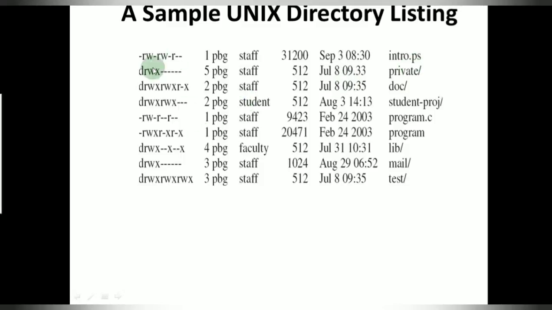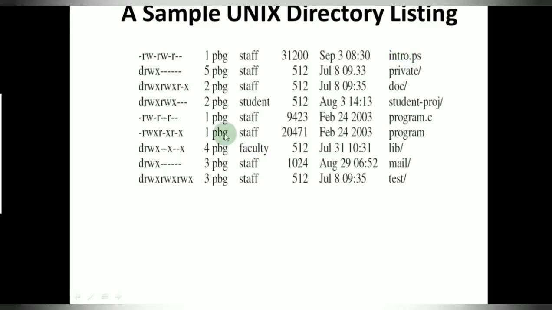What I am emphasizing here is the access control. You can see here there is only read and write permission, no execute, and then no write and execute for others in this last case. That is the access permission for this particular file.